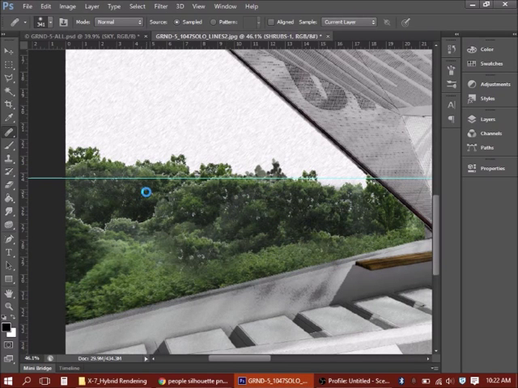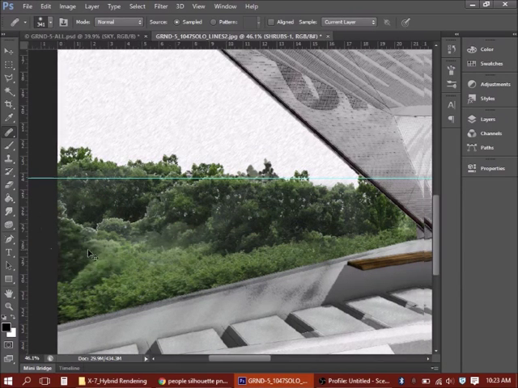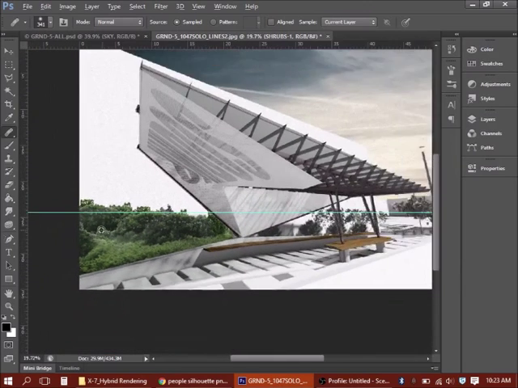So there's going to be a lot of vegetation here. Okay, so let's work with that. It's kind of clumpy there, but